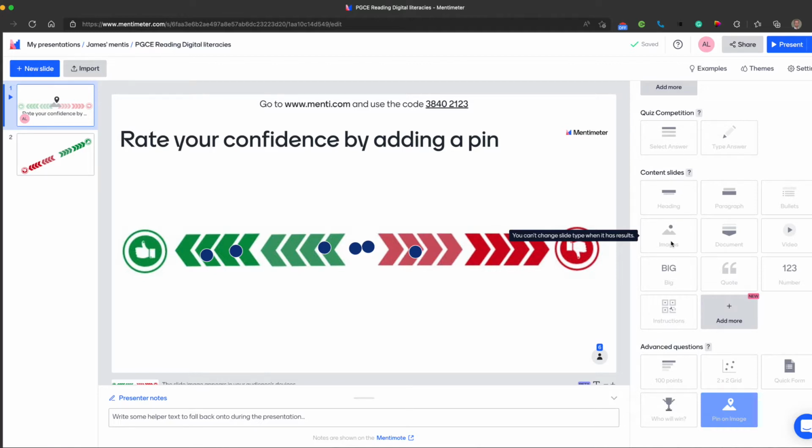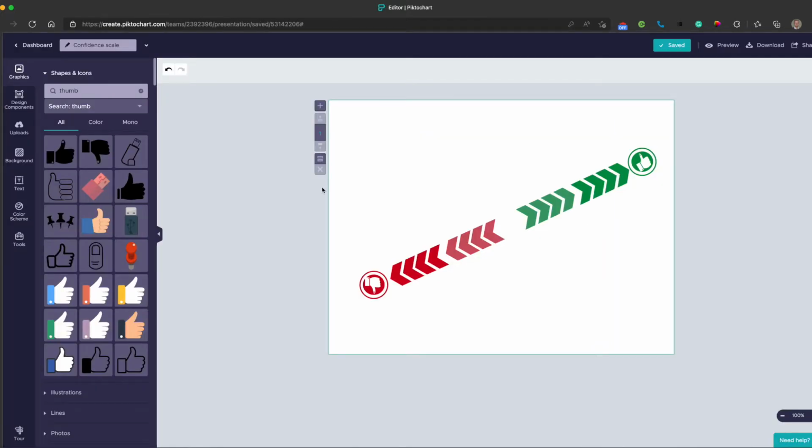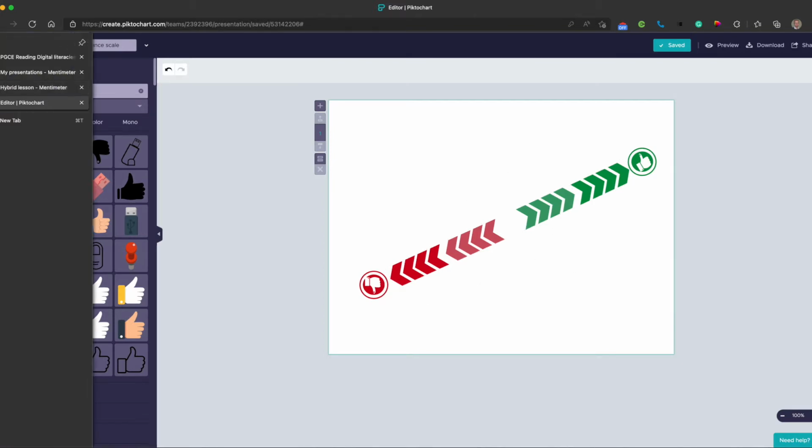I like to use it as a way of getting them to check in on how they're feeling. So are they feeling okay, not so good? So that's one thing I think it's a good way of doing it. I create this confidence scale using an app called Picture Chart, but you could use anything. You could use arrows in PowerPoint and then download it. But there's one I've created. And as I say, you can add that